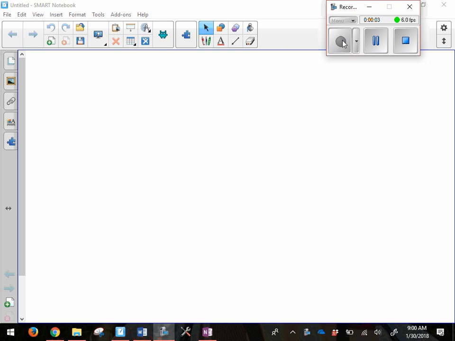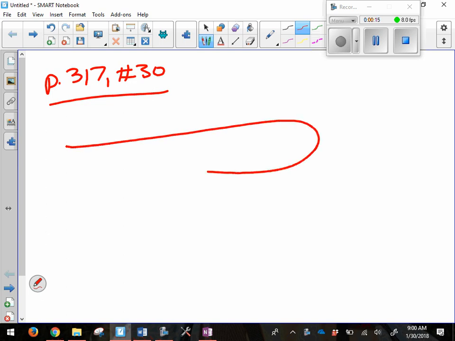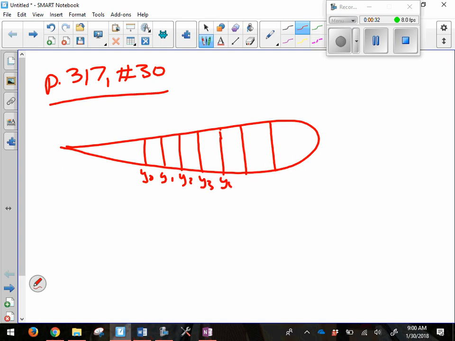Okay, so we want to start by finishing page 317, number 30. And we had an oddly shaped tank. And we had 0, 1, 2, 3, 4, 5, 6. And for each of these heights, you had